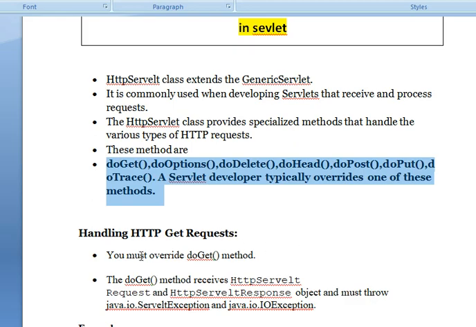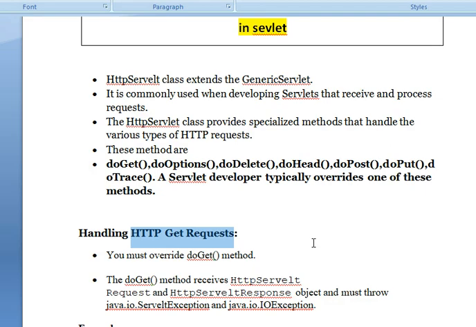Now let us talk about doGet method. So how are we overriding the doGet method? It is a servlet that handles an HTTP get request. The get method is the most common form of HTTP request.